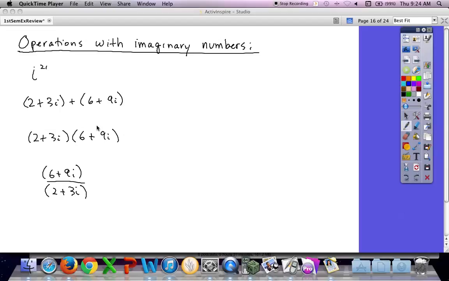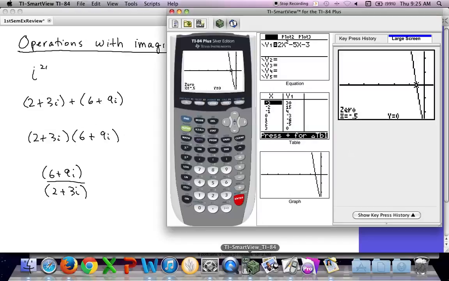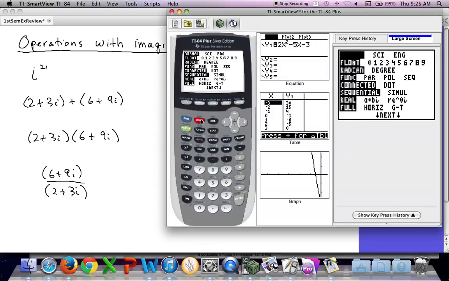Set the mode, right? Make sure in your calculator that you go over to the mode right there and scroll down to that second line to the bottom where it says real and go to the left, to the right. There's your a plus bi. That's imaginary numbers. All right. And now